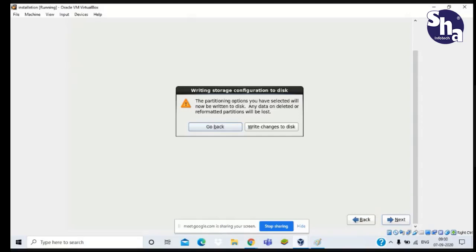That will not reflect on other machines. For one machine there is one installation. You have only one installation for one machine. Now click on write changes to disk.